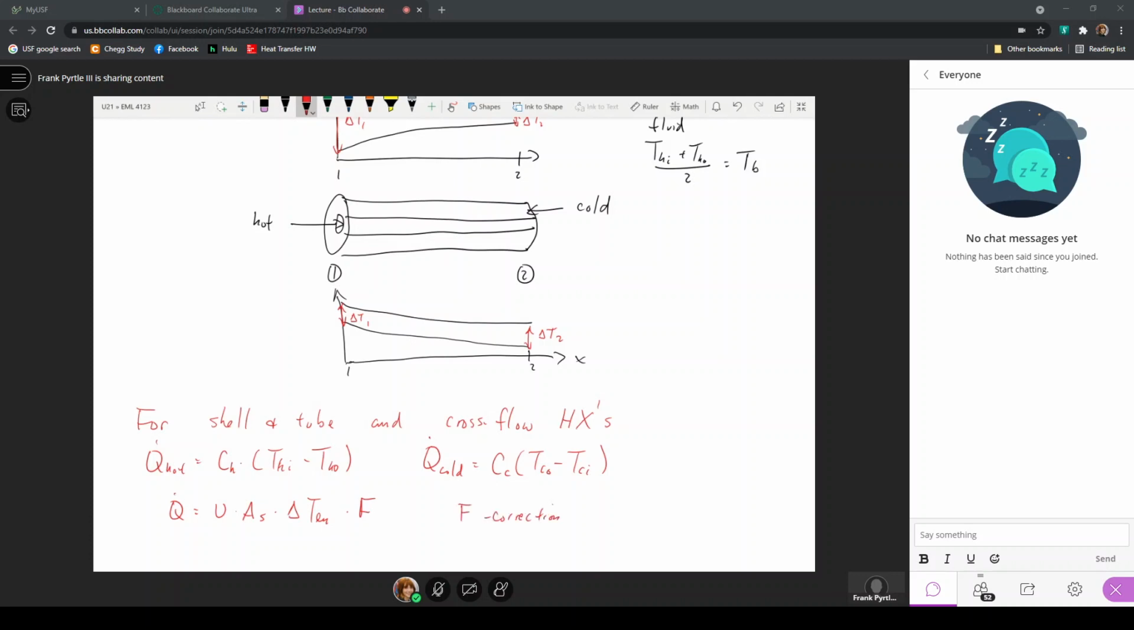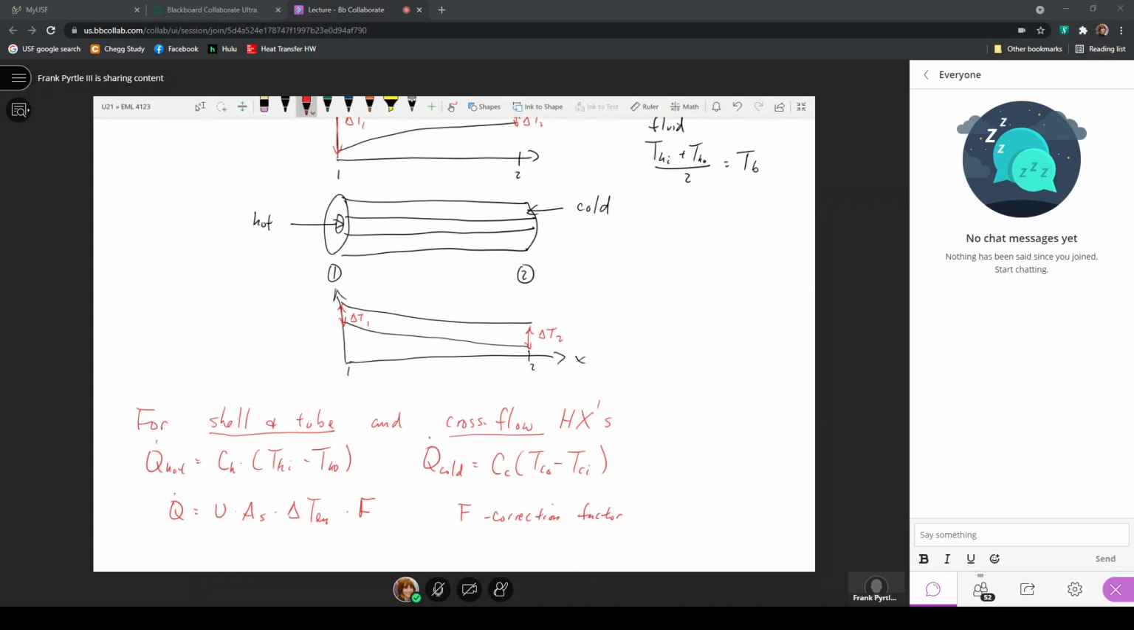And that correction factor is based on the geometry of the problem, because when we calculate this log mean temperature difference, the log mean temperature difference will be based on inlet and outlet temperatures for the hot and cold fluids. But recall that they don't share the same position in the shell and tube and the cross flow heat exchangers. So this correction factor is required, and that correction factor requires a use of figures in order to get the